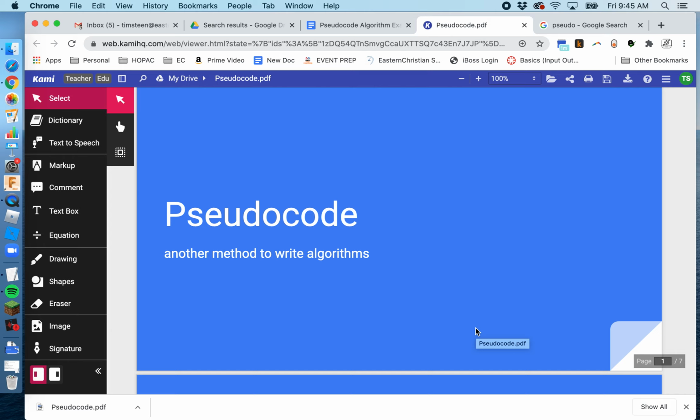So first of all, let's start with this word pseudocode. What does that mean? The word pseudo, if you looked it up, could mean something like an imitation or a fake. So the way to think about this is it's something that's kind of like code, but not really code at all. What it is meant to connote is that when we want to write up plans for what we're going